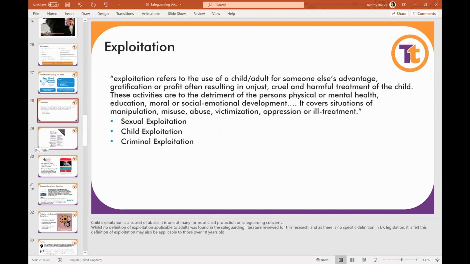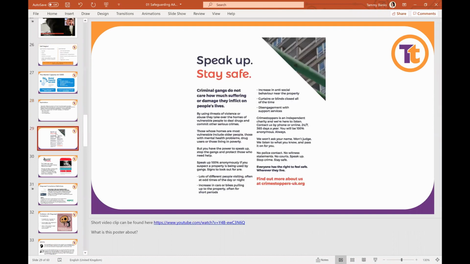Fantastic. So this is where you say, don't present it like this at all. This is exactly where you say, and I think you should be saying this all the way through, I deliver hundreds of Awareness and Alerter sessions for Humankind, and one of the things that comes out a lot is exploitation, particularly of older people being exploited in their own homes, and then younger people, exactly what you've just said about cuckooing, county lines, etc. And then do an activity or have a discussion around it. But don't just introduce it like this again.